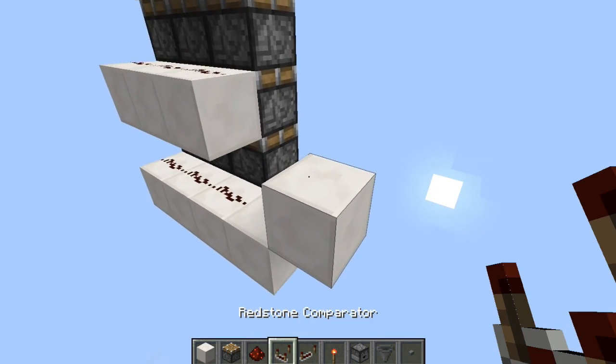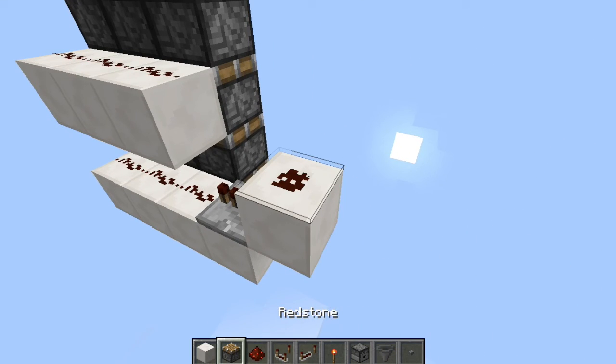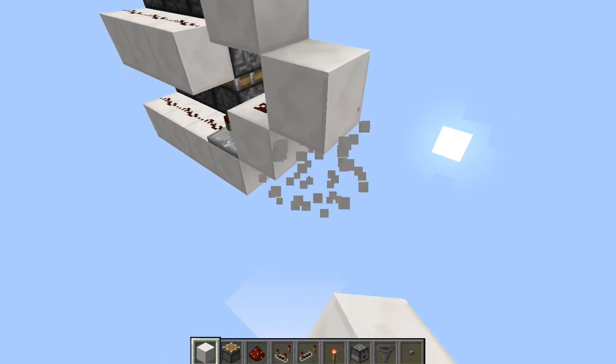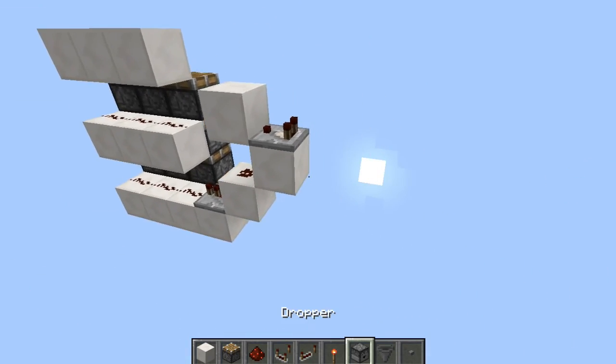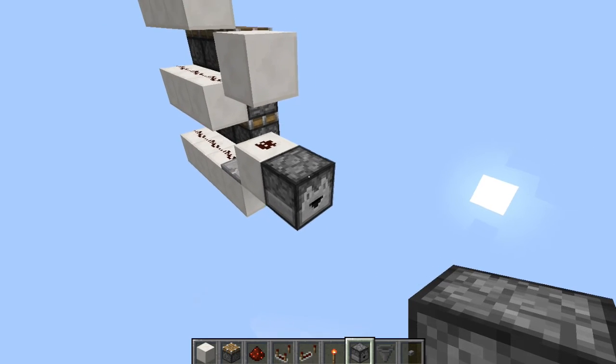a repeater going into this like so, a redstone on top of that block, and a block on top of that like that. Then we're just going to place a comparator going into that block, which will power that redstone. And in front of that, we're going to, actually, not a block there, but